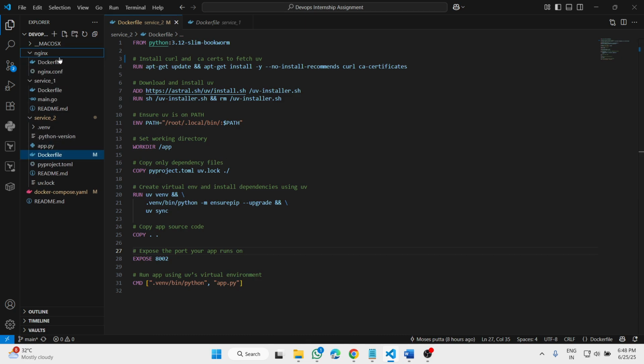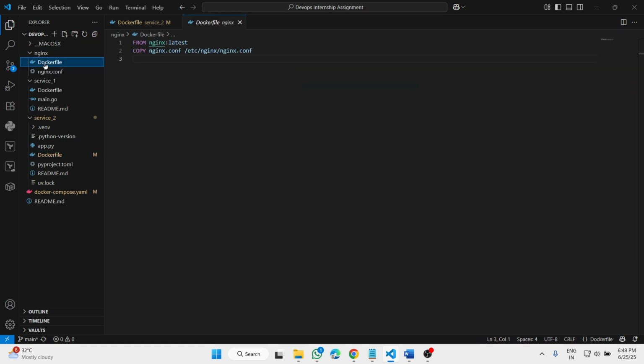And coming to the Nginx folder, this is the Dockerfile. For the reverse proxy, I used the official Nginx image. Then I copied my custom Nginx config file. This is my